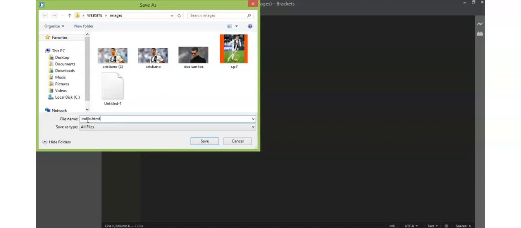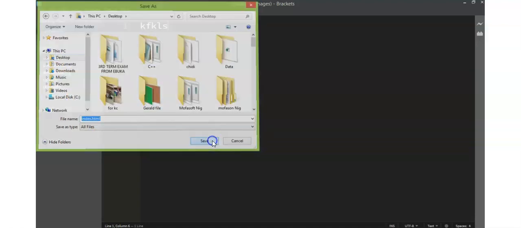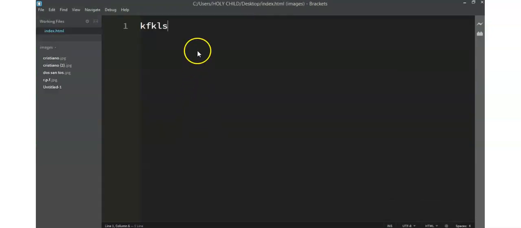So the file name now becomes index. Okay, so let's go ahead and select a folder here, then click the save button. Alright, we are good to go. After that, the next thing we are going to do right now is to start writing the basic structure of HTML5, which we're going to start by writing this doctype